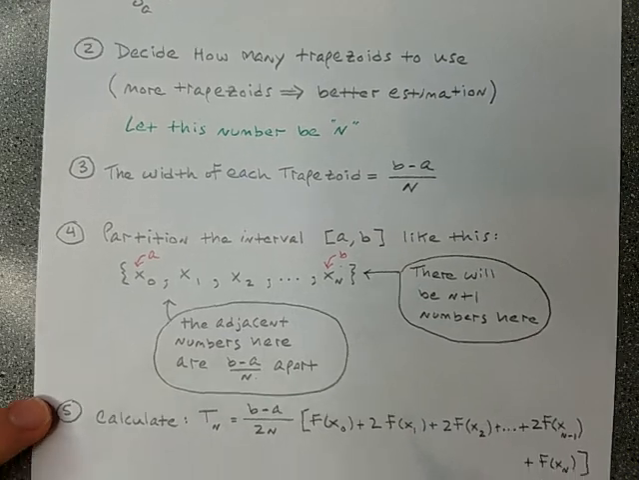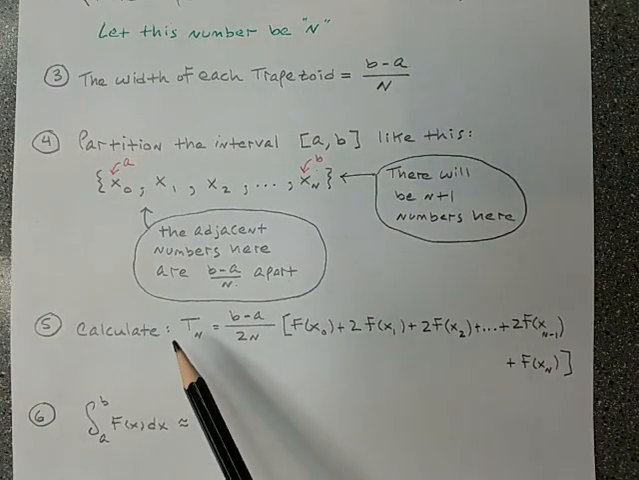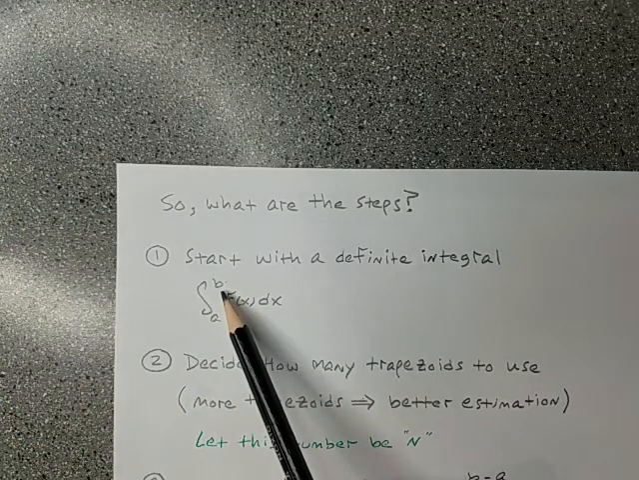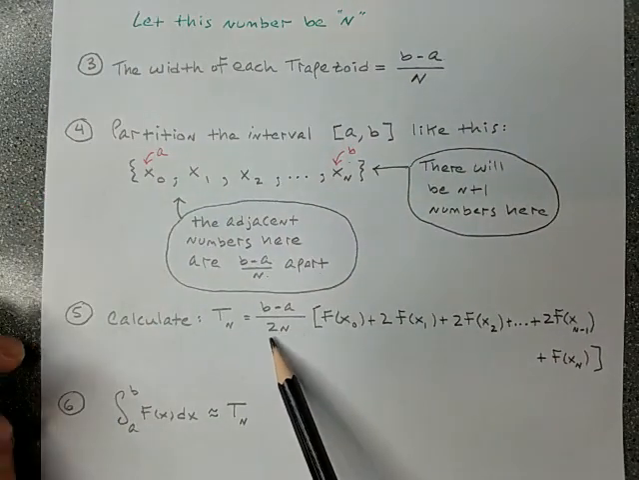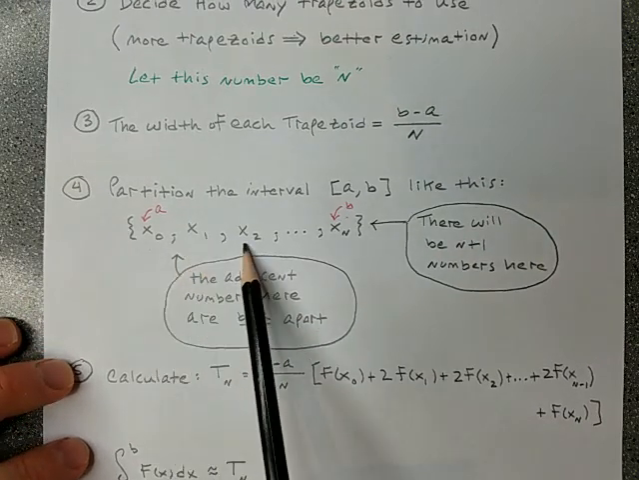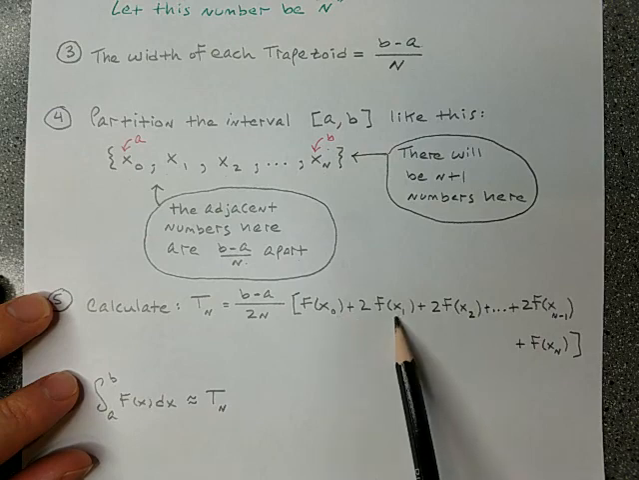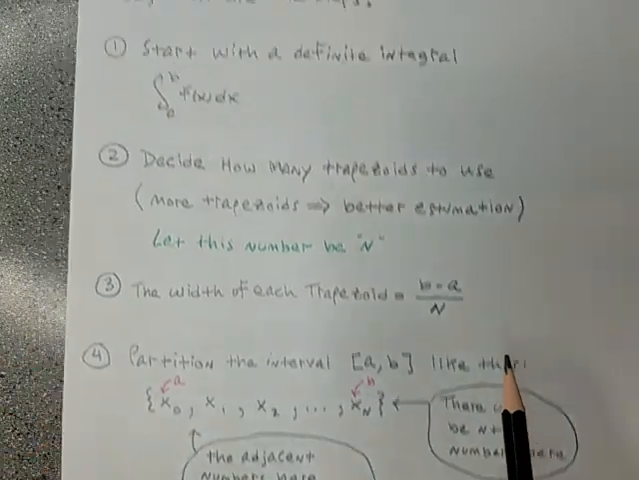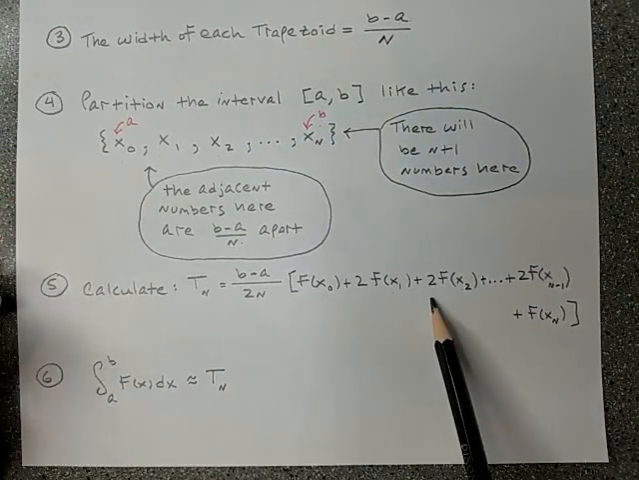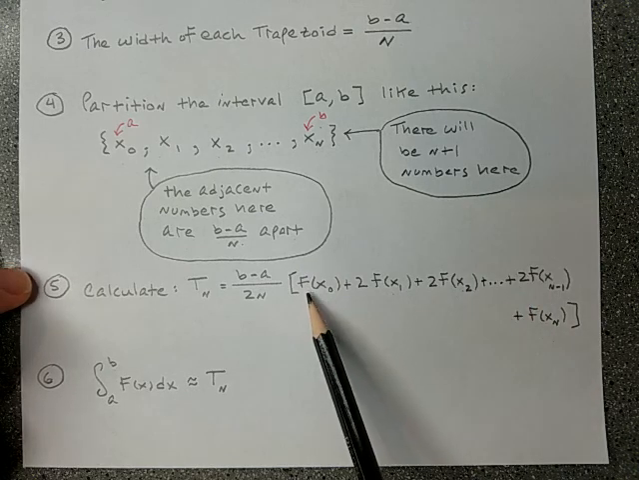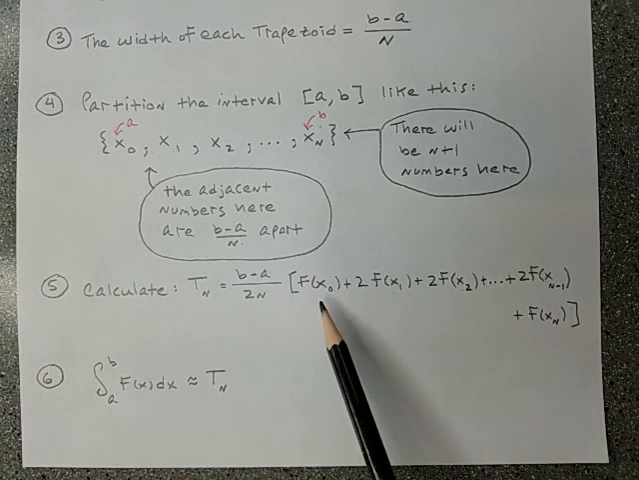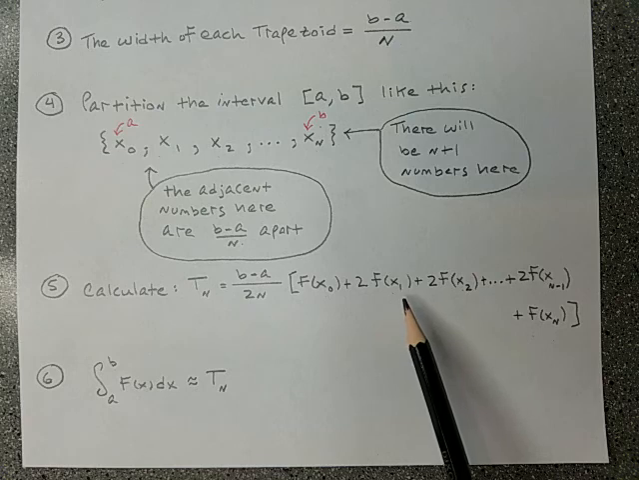All right. So here's the formula. Tn, the trapezoidal rule based on n trapezoids, will be b minus a, remember, b is the upper and a is the lower limit of integration, over 2n times this quantity. We take the partition elements and put them into the function that's given in the definite integral to start with. We double all calculations except for the first one and the last one, and we add all the results together. So it's like f of x0 plus 2 times f of x1 plus 2 times f